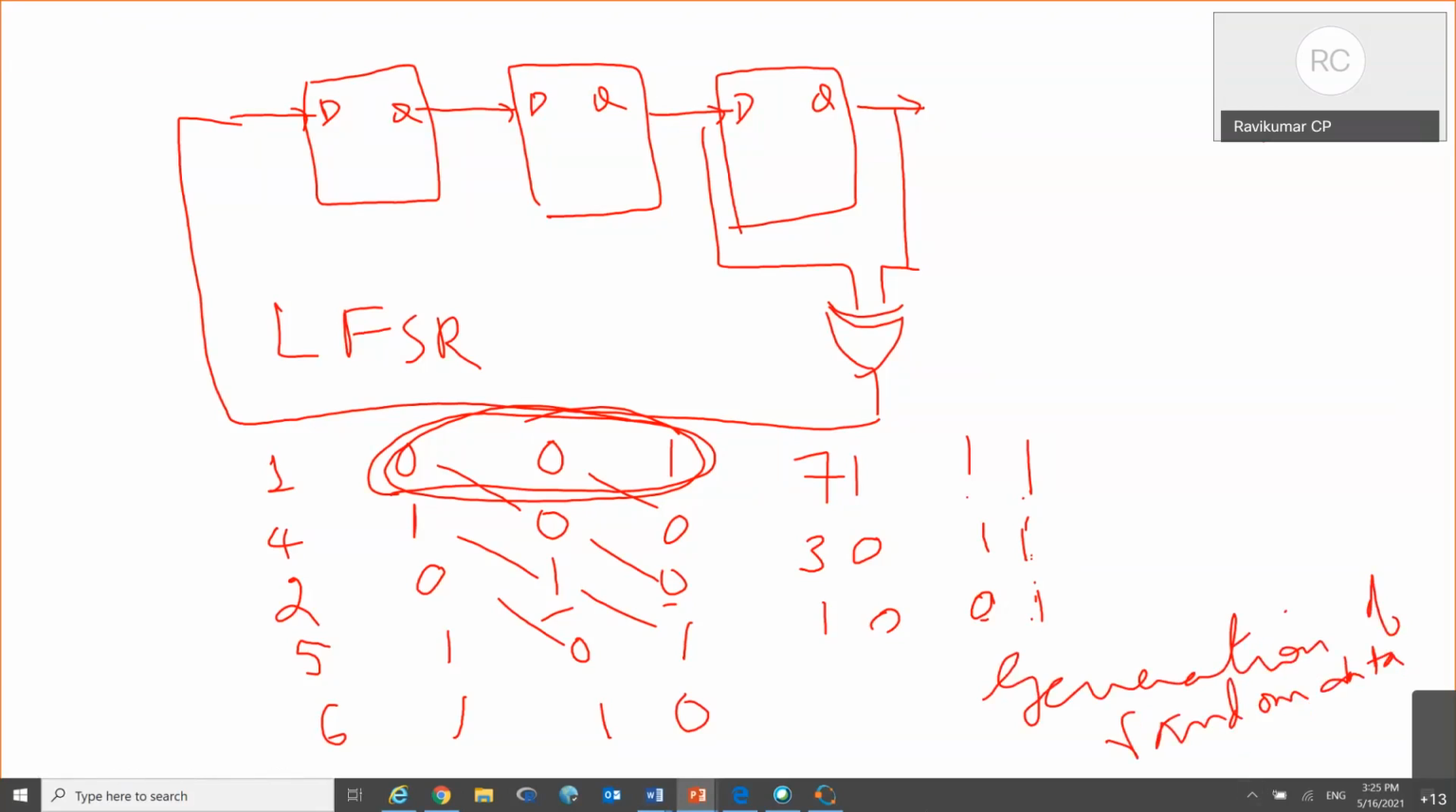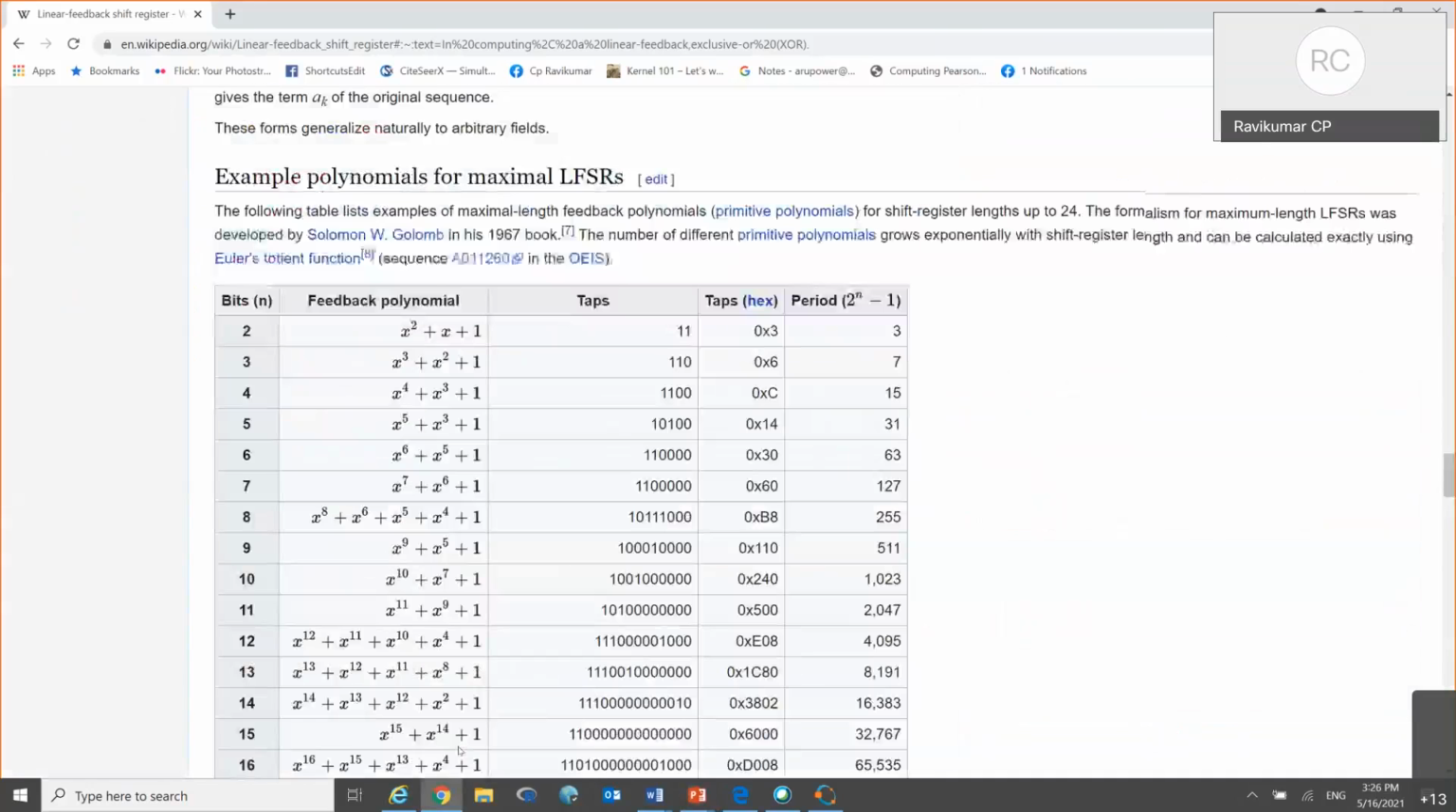And if you see the Wikipedia page, they have given a lot of these examples for a 3-bit LFSR, 4-bit, 5-bit, 6-bit, etc., etc. Okay. So this flip-flop